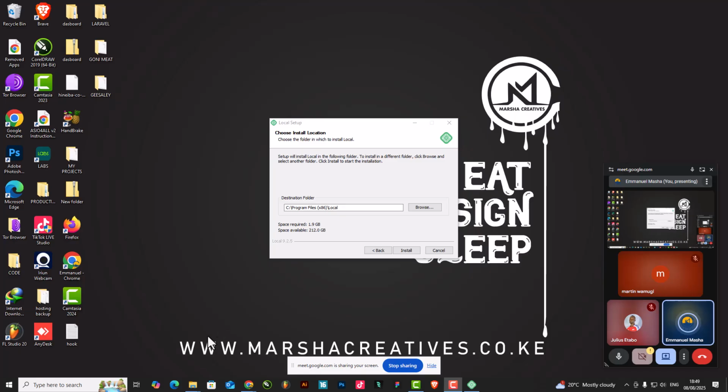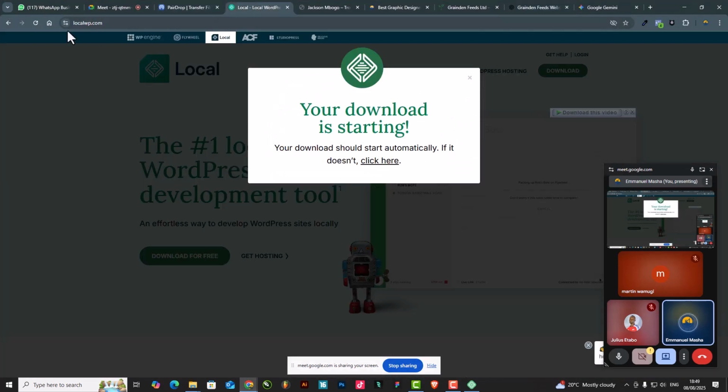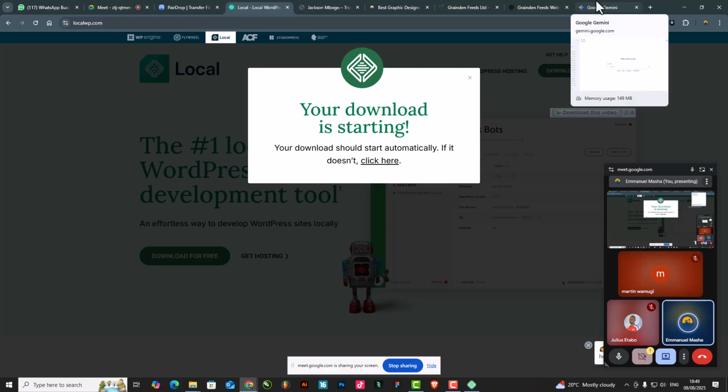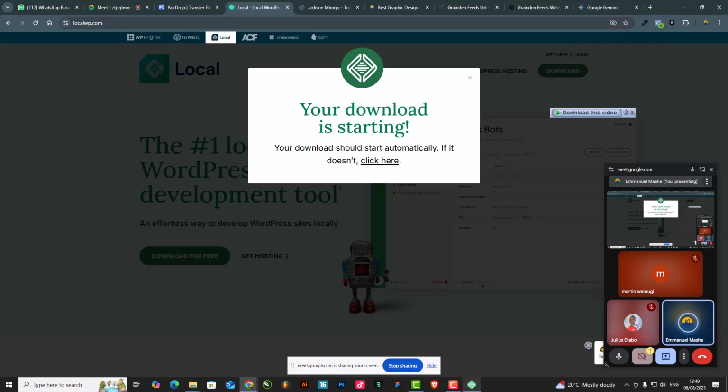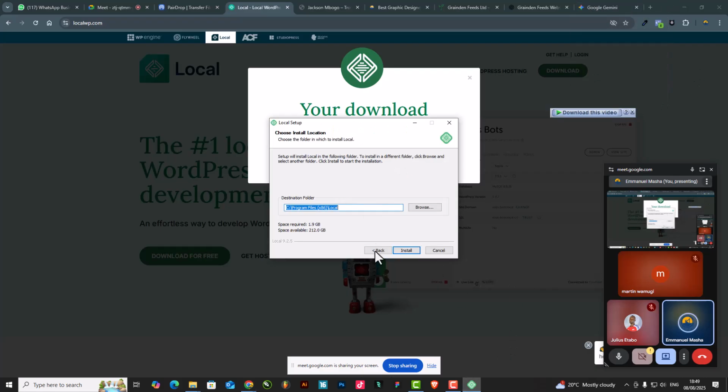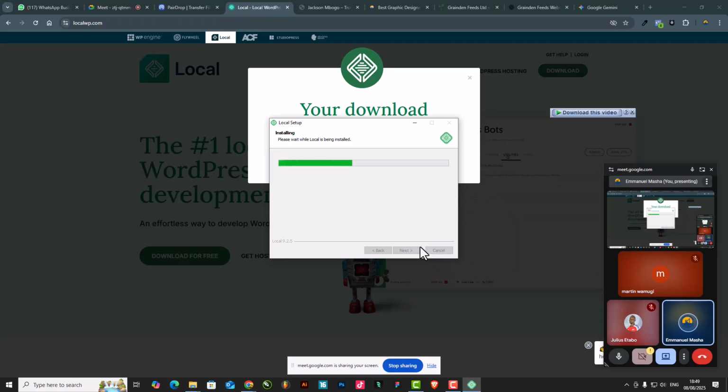So once you have your LocalWP, you go to localwp.com and download this software, LocalWP. Then once you download, you install the file. Just go to downloads, click on it, install. So this is to help you run your WordPress offline from your desktop,